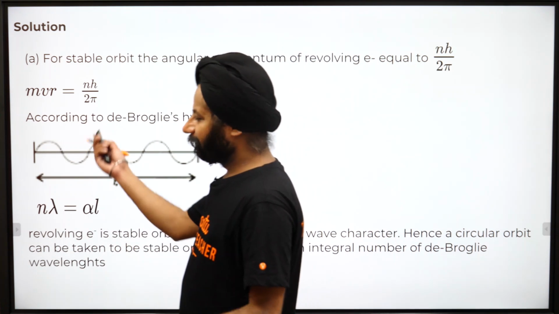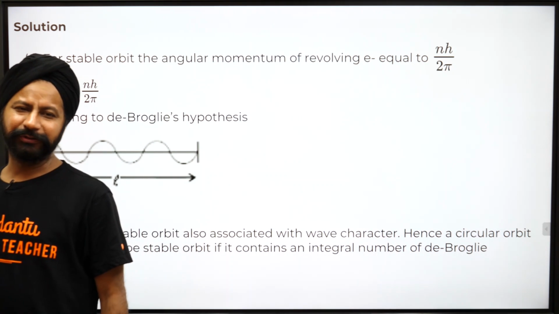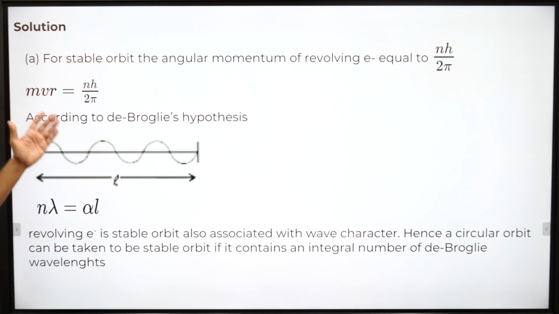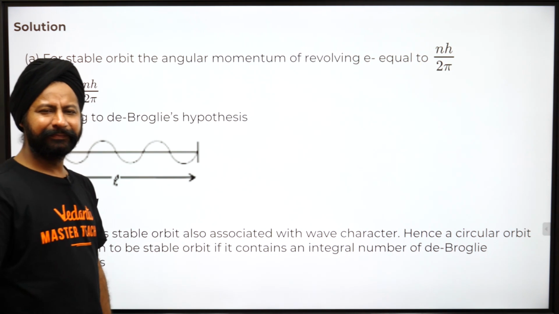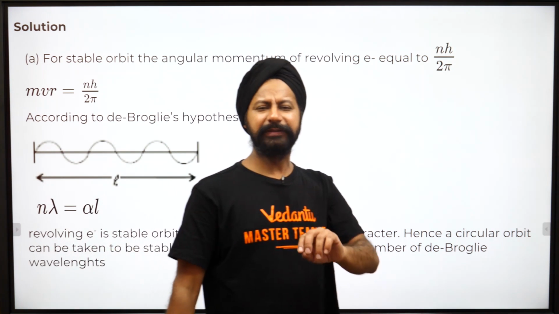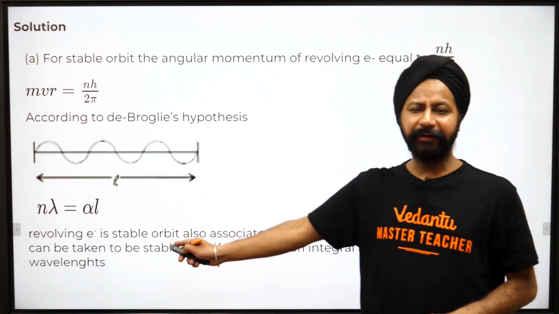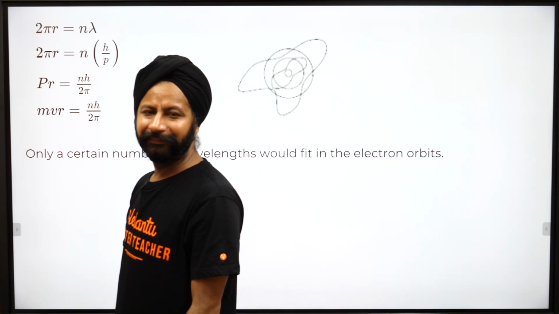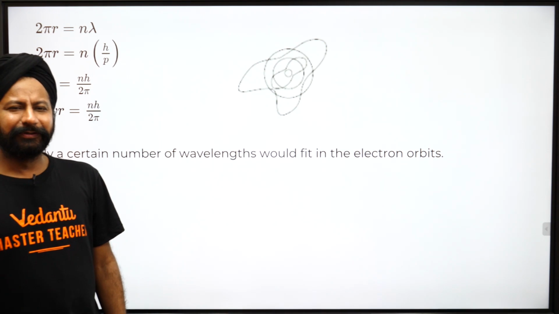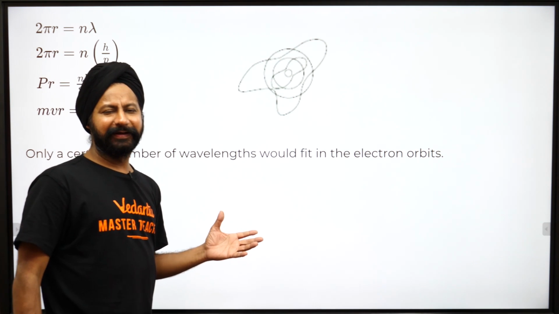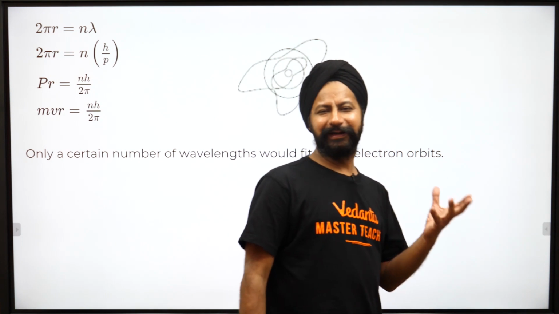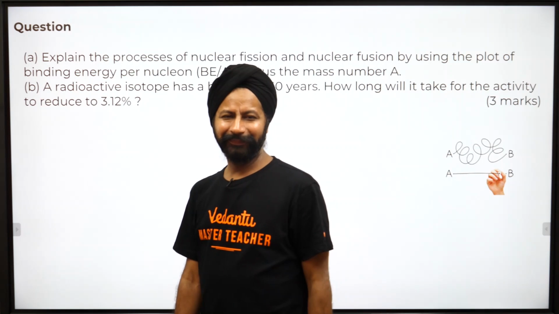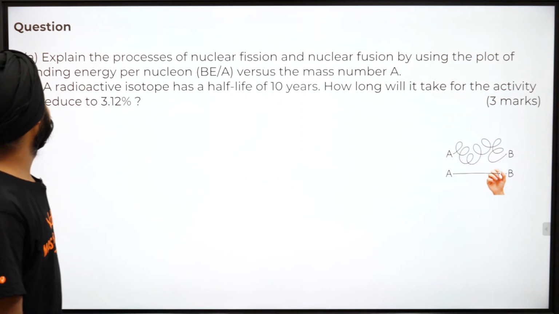Right, so this is Bohr's postulate and this is how you can write it. No memorization needed. Simple. If you've understood it, you're supposed to be writing it in your own words, own language, own vocabulary, own grammar. That's all. So de Broglie wavelengths, that's all it is about. Bohr's hypothesis, postulates. So let's go to the next question here.